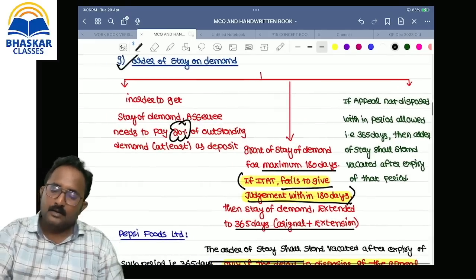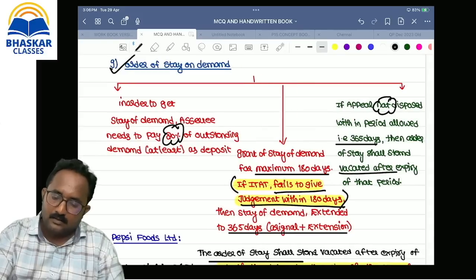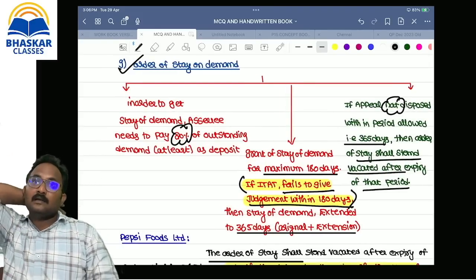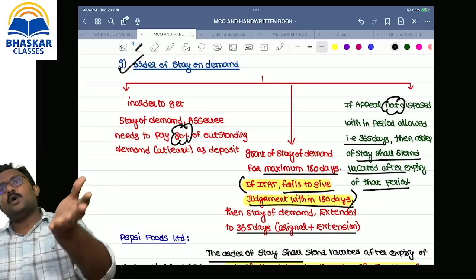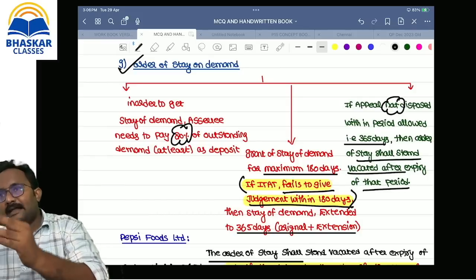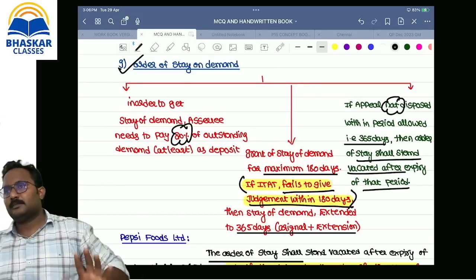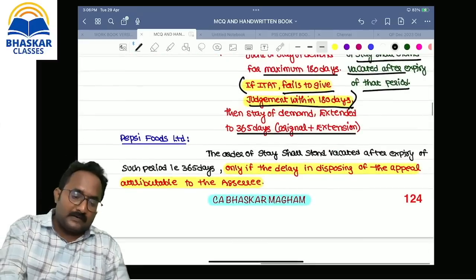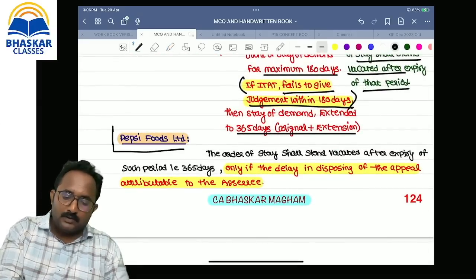Next. If the appeal is not disposed within the period allowed, that is 365 days, the stay of demand is automatically vacated after how many days, ma? 365 days. As per the Income Tax Act 1961, it is given clearly that even though the order is not given by the ITAT, after 365 days the stay of demand can be vacated. Okay. Pepsi Foods company fought against this point and they won the